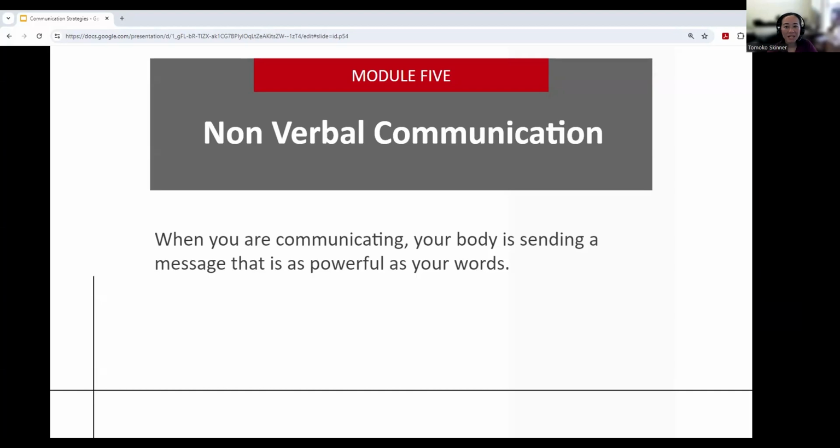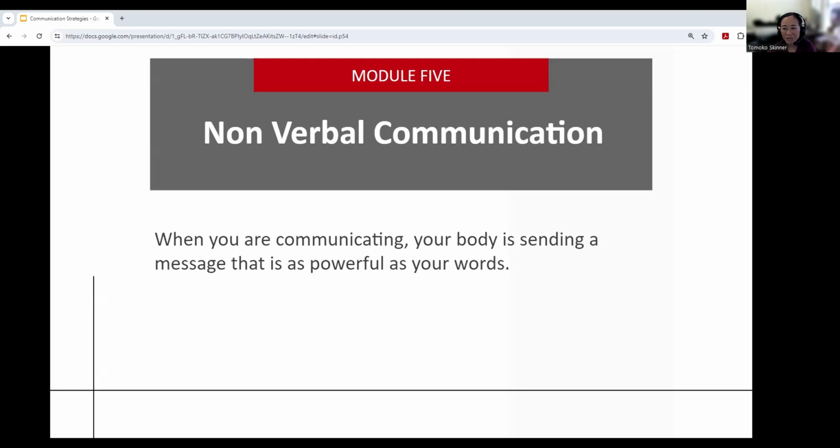So when you are communicating, your body is sending a message that is as powerful as your words. In our following discussions, remember that our interpretations are just that, common interpretations. For example, the person sitting with their legs crossed may simply be more comfortable that way and not feeling closed minded towards the discussion. Body language can also mean different things across different genders and cultures. However, it is good to understand how various behaviors are often seen so that we can make sure our body is sending the same message as our mouth.